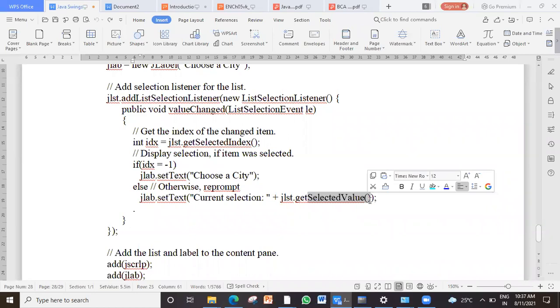JDBC, Java Database Connectivity. Now, in DBMS, you are learning how to create a database.